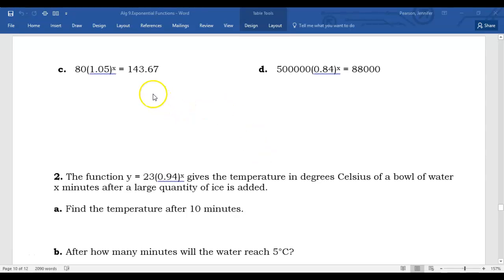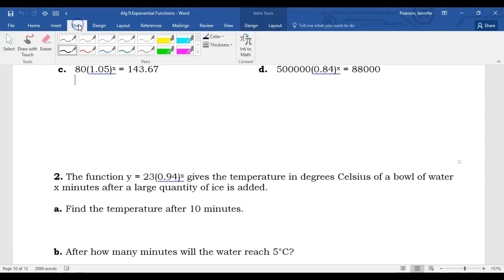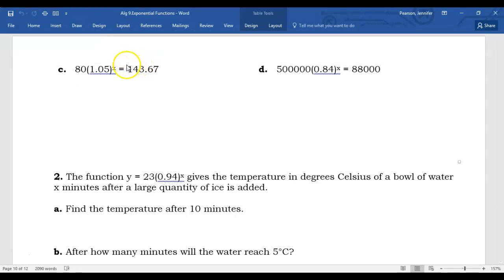So for solving this using logarithms, just like with a regular linear equation, we're going to divide first to get rid of this number in front. So I'm going to divide by 80, and that's going to go away, and then I'm going to divide by 80. And on my calculator then, I'm going to take